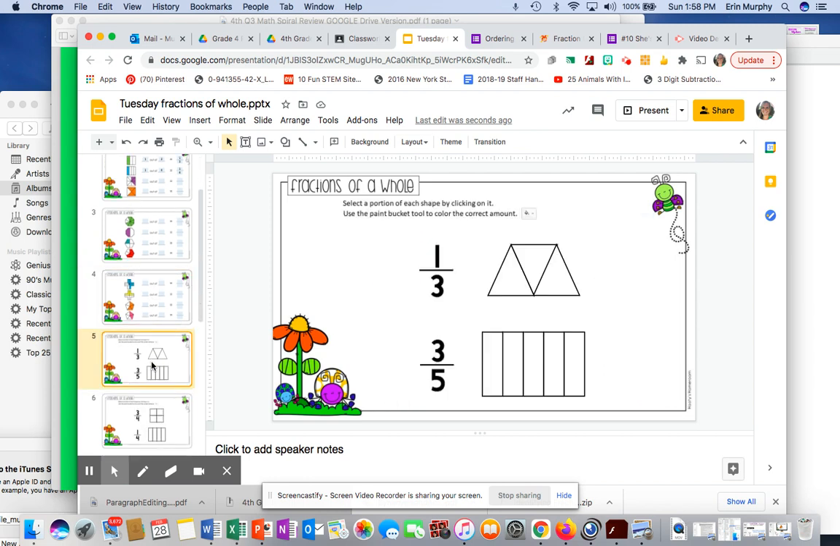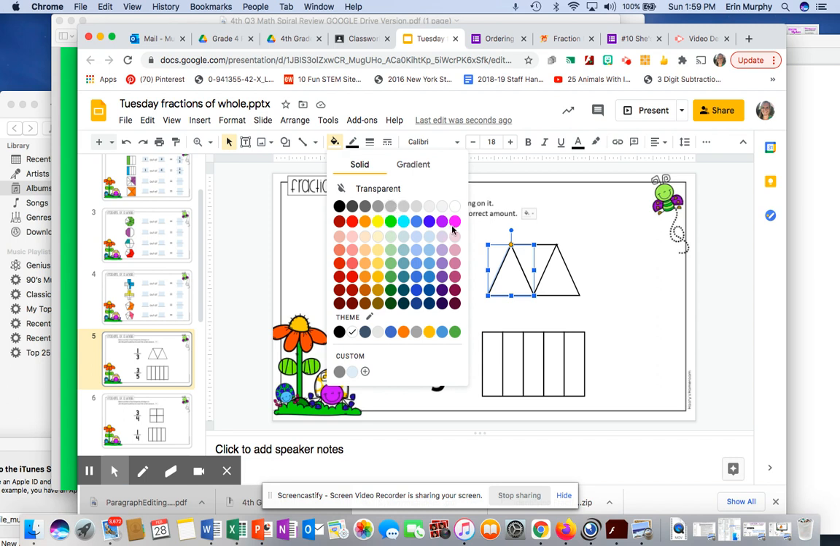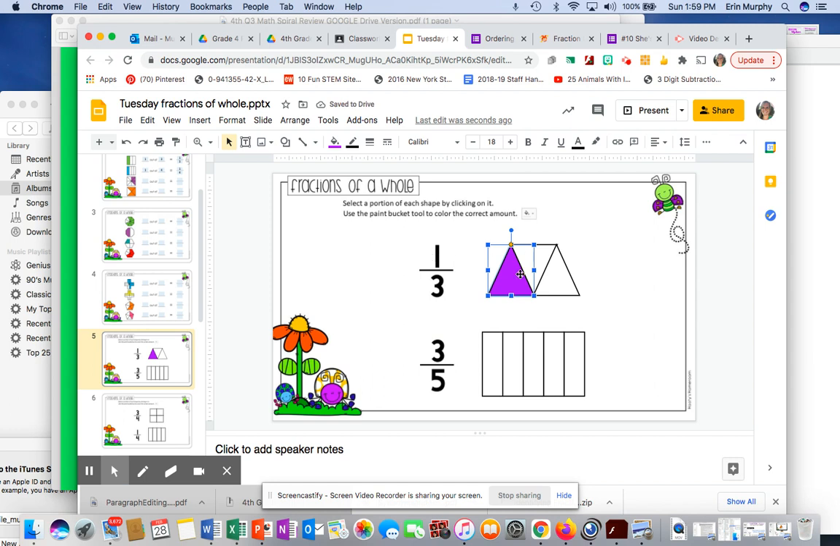On slide 5, you're going to be shading these pictures. It says select a portion of each shape by clicking on it. Use the paint bucket tool to color the correct amount. Okay, so let's see if I can remember the paint bucket tool. So when I click that, notice how this toolbar came back up. This is what the paint bucket tool looks like. You can see it right here also. So I'm going to fill, it says 1/3, so that means 1 piece. I like that purple. So I'm going to fill 1 piece out of 3